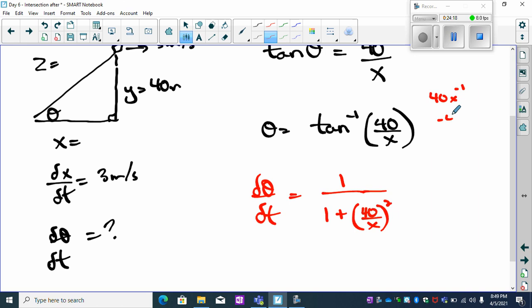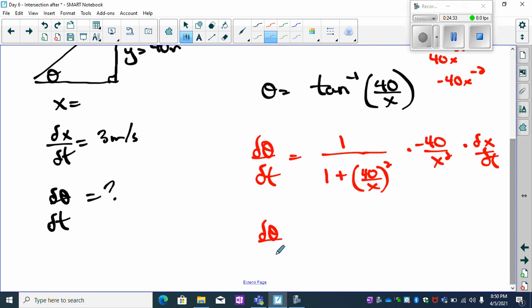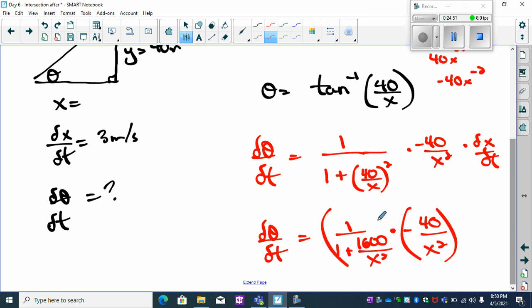So that would be negative 40x to the negative 2. That would give me negative 40 over x squared times, don't forget your dx over dt. You're differentiating with respect to time. Now I can solve for d theta over dt. This would give me 1 plus 1 over 40 squared is 1600 over x squared, times negative 40 over x squared. I'll do it like this. Times dx